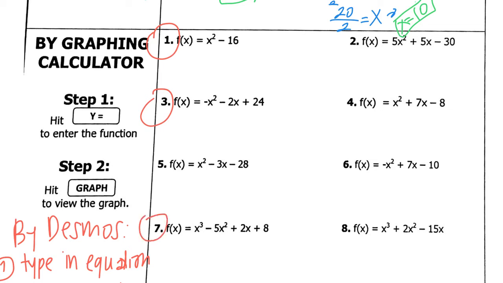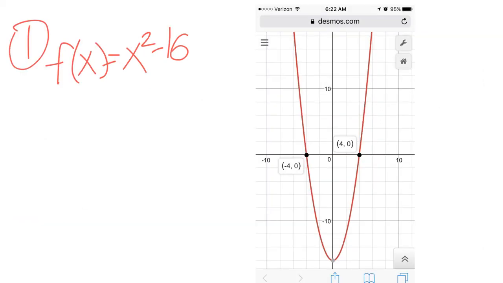Go ahead and make sure that you have a Desmos tab open on your computer, and we will go over how to solve these by using technology. So I'm going to go over it by using Desmos. However, if you have access to a graphing calculator and you want to follow those steps, you're also welcome to do so. So number 1, if you go into desmos.com, you will type in y is equal to x